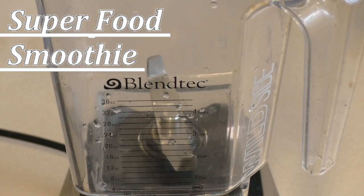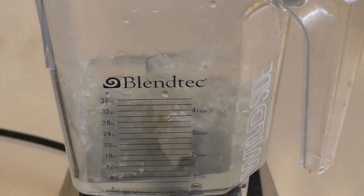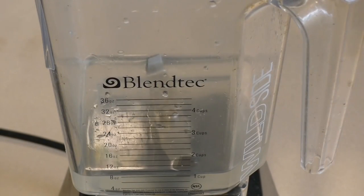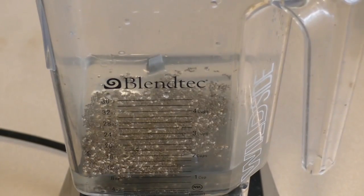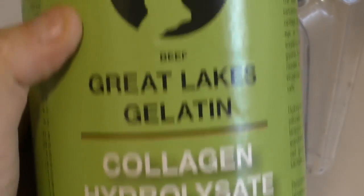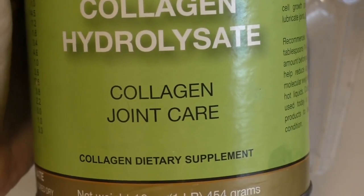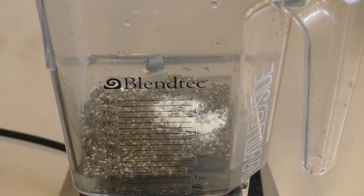Yum. Now get your blender and put in 1 cup of coconut water. Then add 1 tablespoon of black chia seeds. Then add 1 teaspoon of gelatin powder. The one I use is this. It's kosher. It is unbelievably healthy and good for you. It has so much stuff in it that is so good for you. Then add